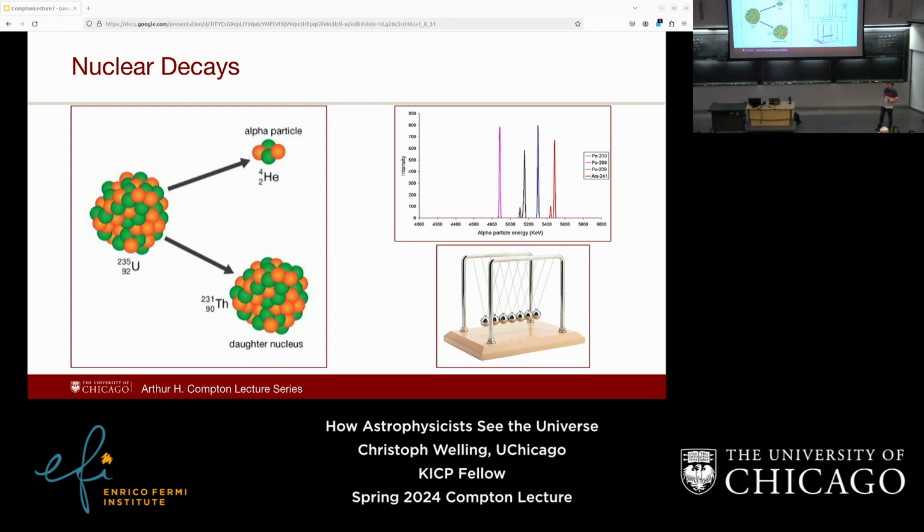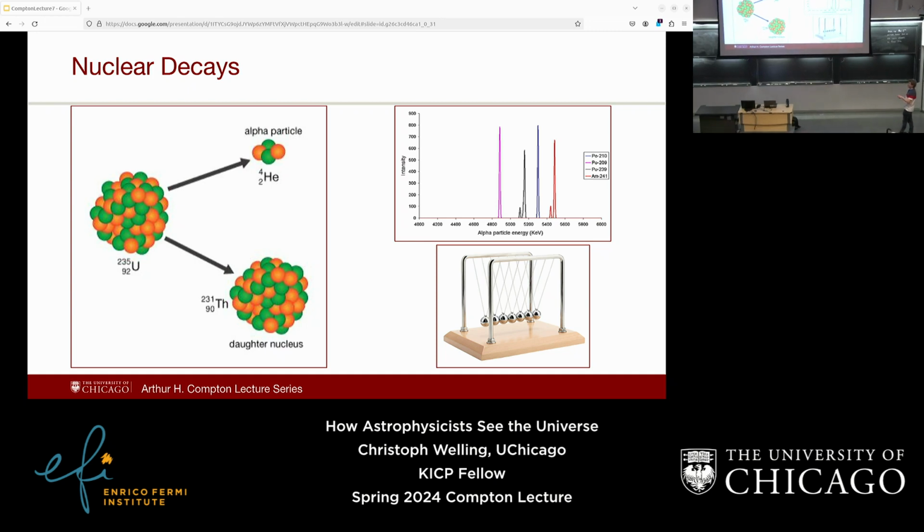The idea of the neutrino came up in the context of nuclear decays. About 100 years ago, people figured out that some usually pretty heavy nuclei will spit out particles when they decay from one type of particle to another. The first of these decays that was discovered is something called an alpha decay. For example, certain uranium isotopes will sometimes spit out a helium nucleus,